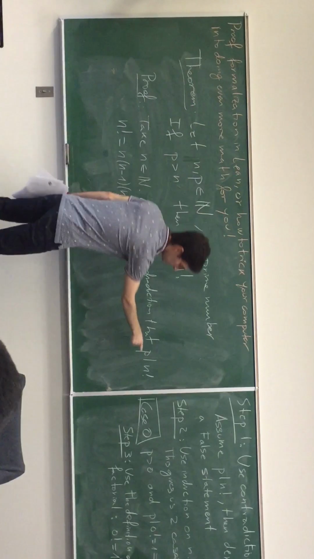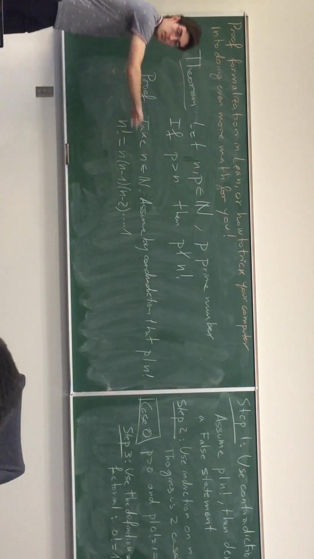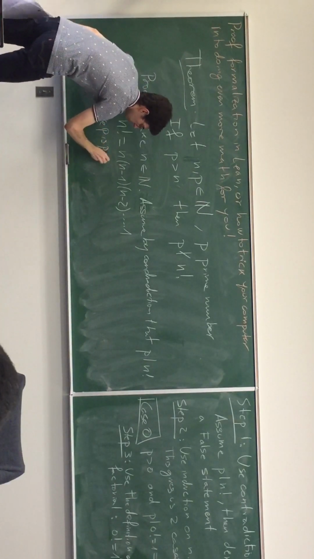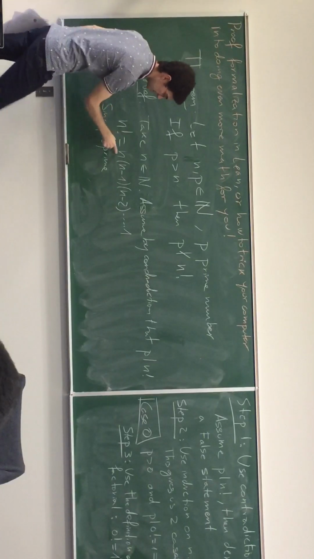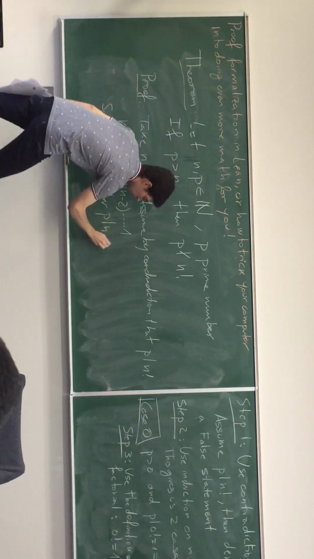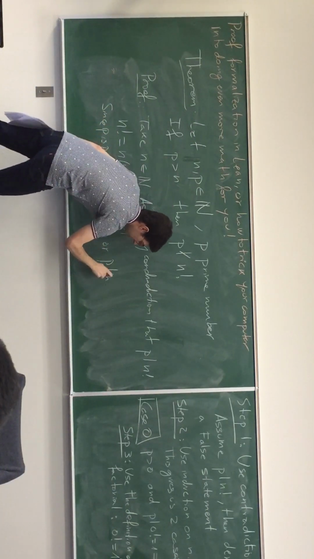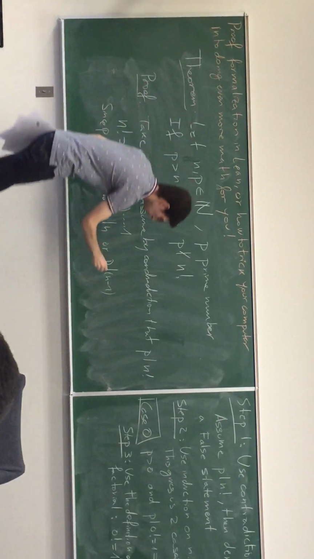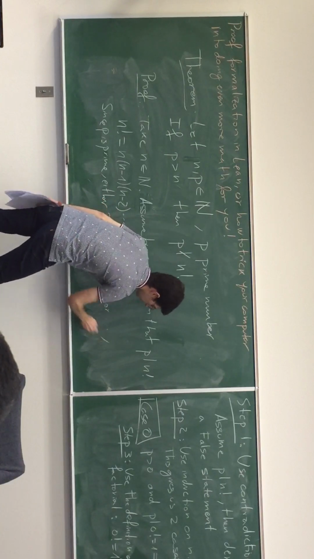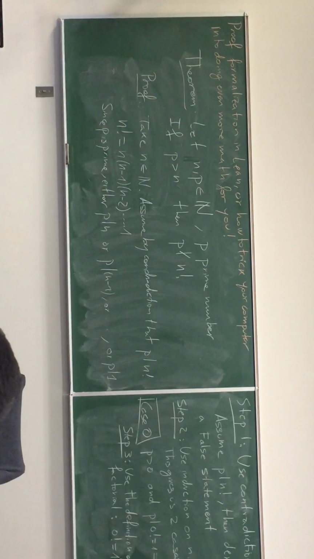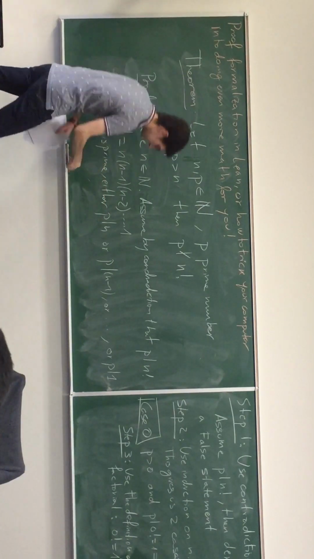So if now p is prime and p divides this product, then since p is prime, either p divides n, or p divides n minus 1, or p divides n minus 2, or p divides 1, which is possible, but yeah. But then, if p divides n, this means that